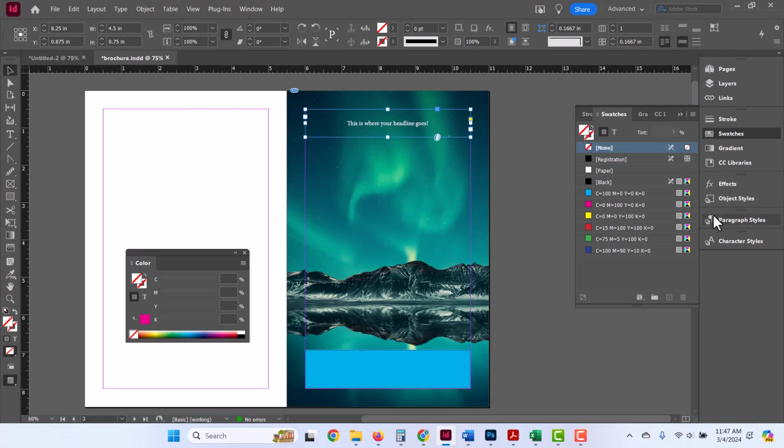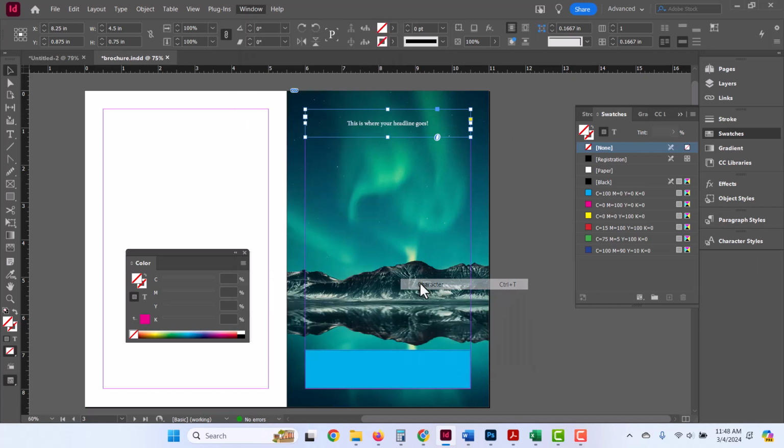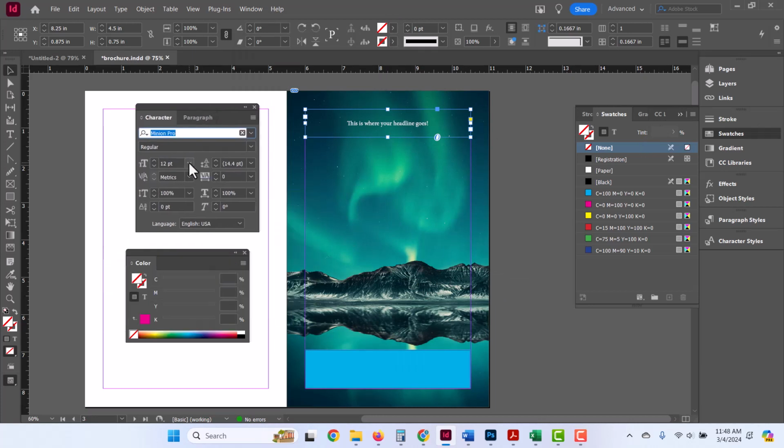Next, you want to open up your Character panel, and your Character panel is not going to be open by default. You want to go to Window, then Type, and then Character, Control T. Now, when your Character panel opens up, I'm going to bring this on screen here. You can select your font there. You can also select the actual sizes. So I'm going to go ahead and increase it here just to make the font size a little bit more